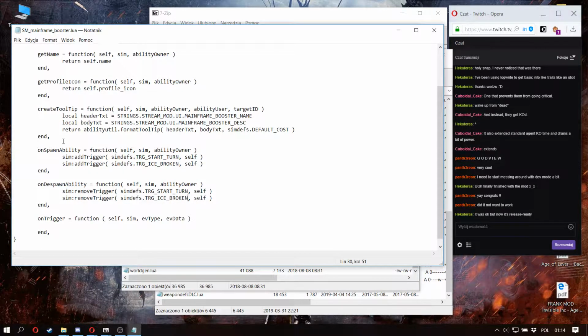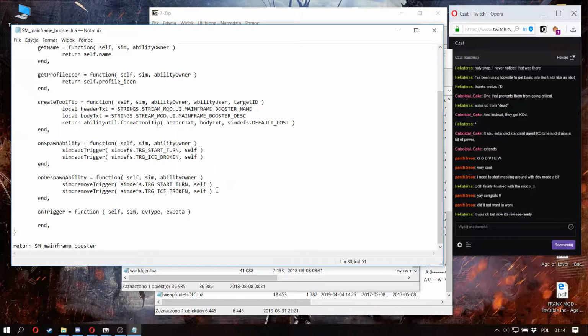Again, we want to remove the trigger if the ability is destroyed. So here we go. Now, onTrigger. Now we're adding the actual code, what this ability will actually do. First we need to make sure the correct ability is called. So, if our event type is equal, this is a comparison command, to simdefs trigger ice broken. So if our event is this event, then